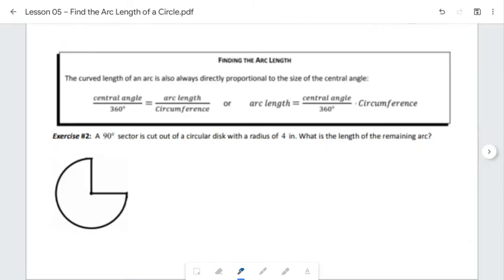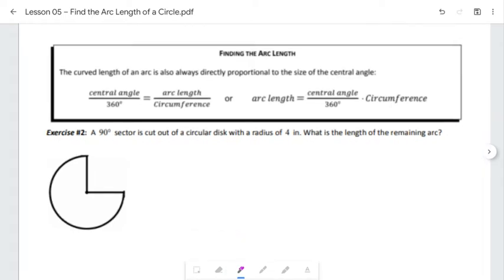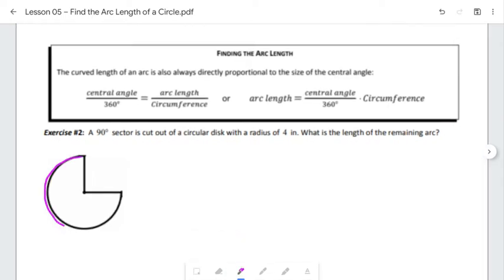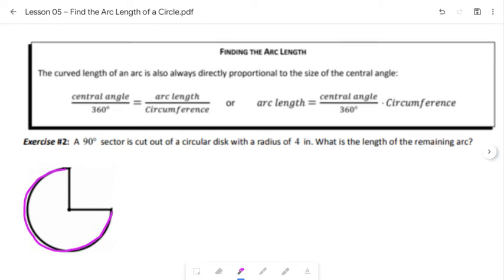So if I jump right in here to exercise number 2: a 90-degree sector is cut out of a circular disc with a radius of 4 inches. What is the remaining length of the arc? So we're looking for the arc length here. Again, we could do this one of 2 ways. To get my arc length,